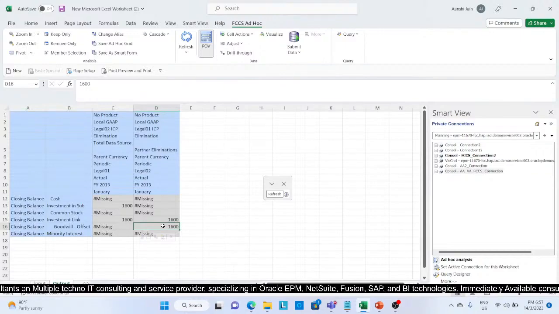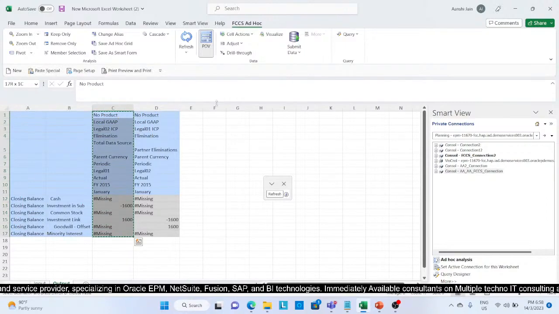Okay, so now with the investment link rule, the figure is transferred to investment link account. We created the investment link rule, so with the help of that rule, this amount gets transferred to investment link account, and with the help of investment link partner elimination, goodwill is reversed. This entry is reversed. So now we will again run the rule of consolidation for the